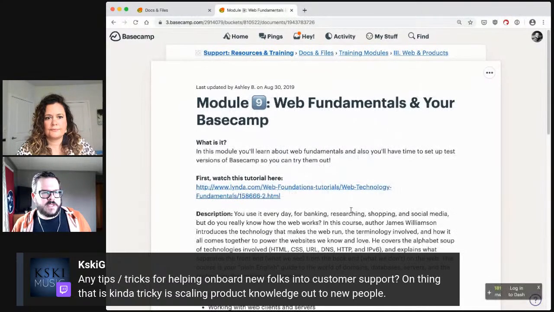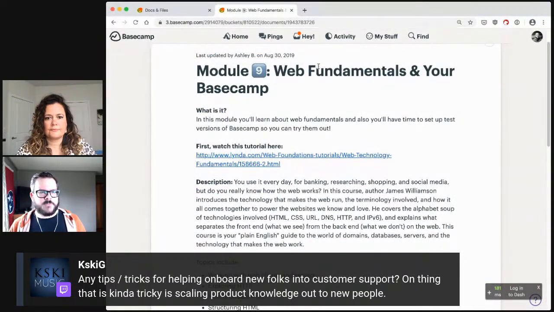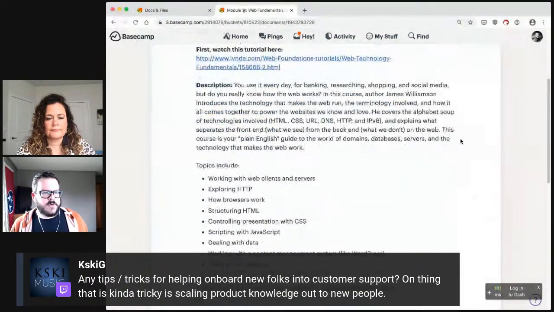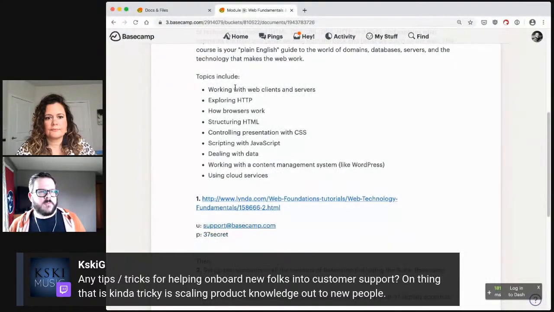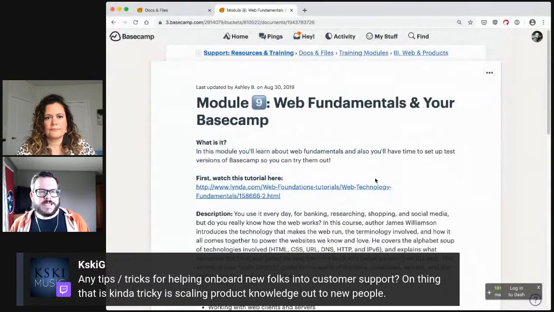So this is one of the resources that we've set up. Ashley updated it last on this one. In this case, it's web fundamentals and Basecamp. So we walk through and talk about how things work with web clients and servers, how browsers work, how HTML works, how data in general works, and then we give some links to some of the resources that are really helpful here. This allows somebody to learn at their own pace, right? Somebody that really wants to devour information like this is going to be able to go directly to this doc in this case,